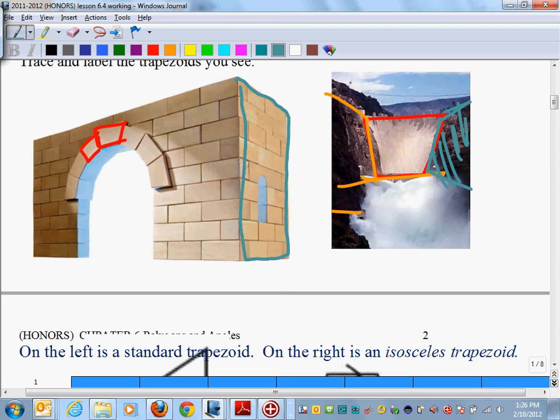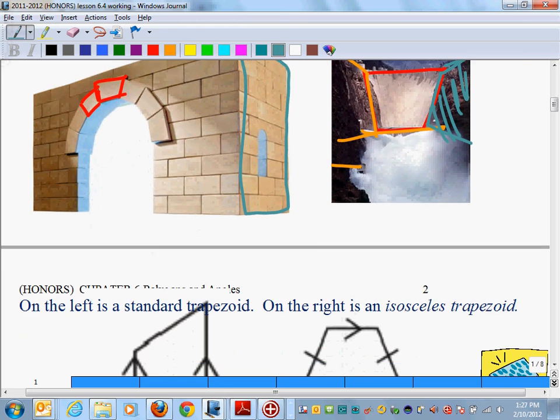Oh, okay, someone's an artist. Yes, someone can see that that's technically a trapezoid there. Very, very good. Alrighty, so,